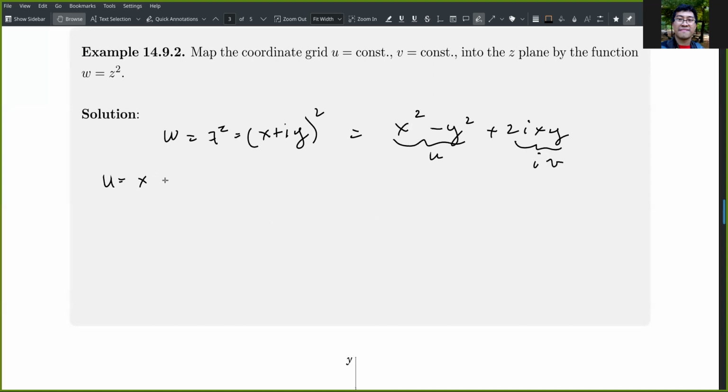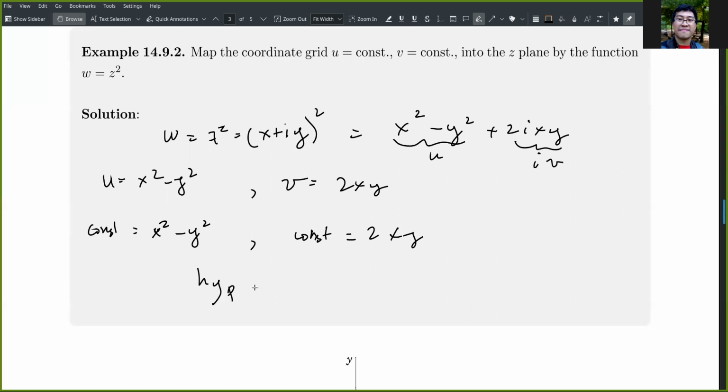So u is x squared minus y squared, and v equals 2xy. So if u is constant, you have a constant equals x squared minus y squared, and a constant equals 2xy. Okay, these two are equations of hyperbolas,